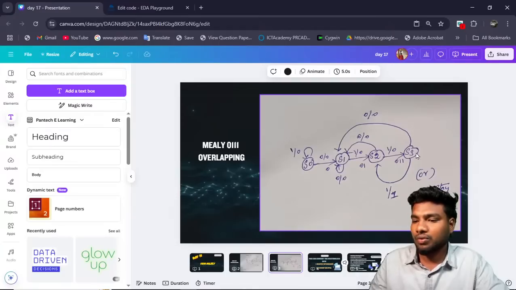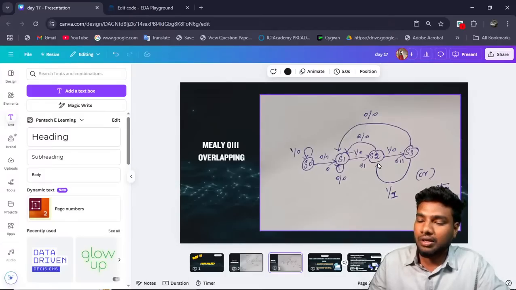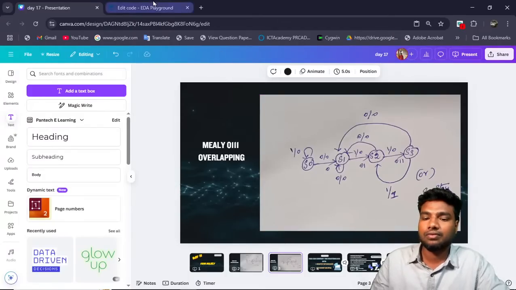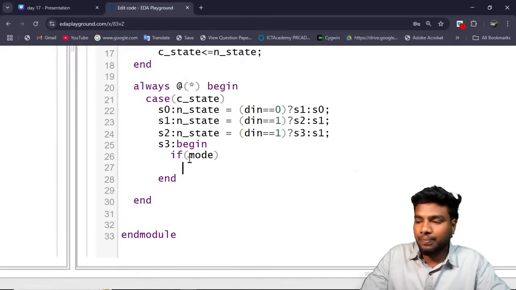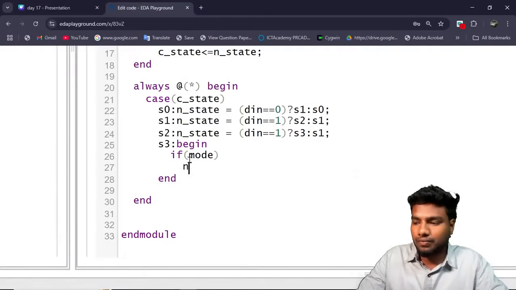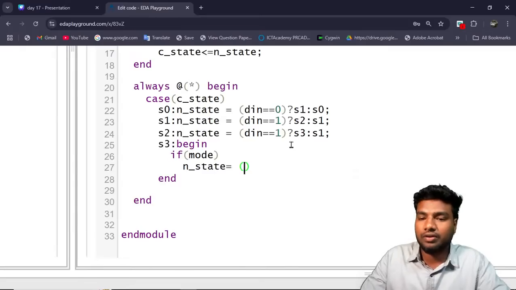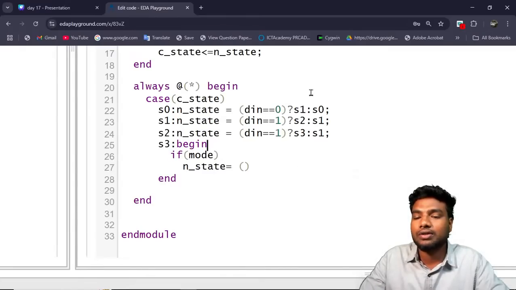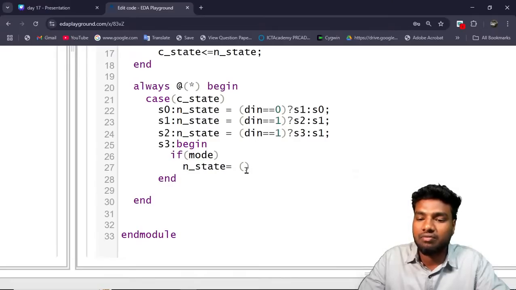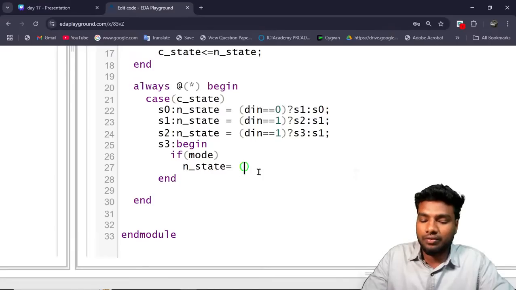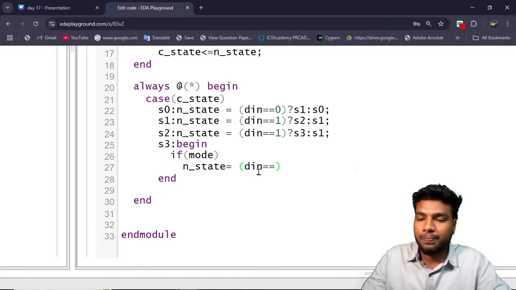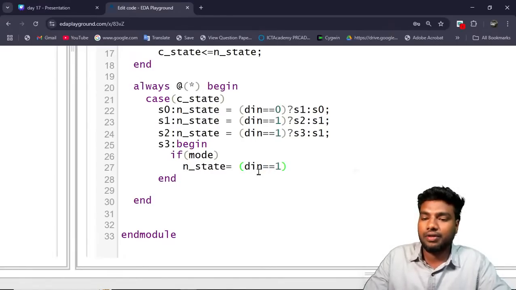If D is 1, it can stay in the S2 state or also go to the S3 state. So the next state equals a ternary operator, which works like an if-else. It is a short form of if-else. So if D in is equal to 1, if it is 1 means,